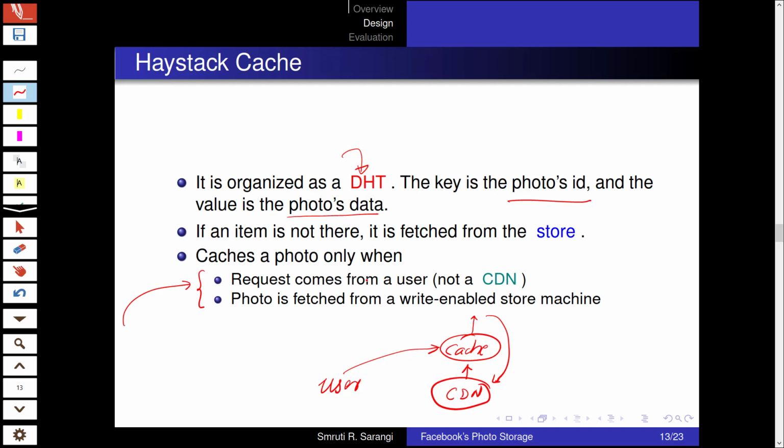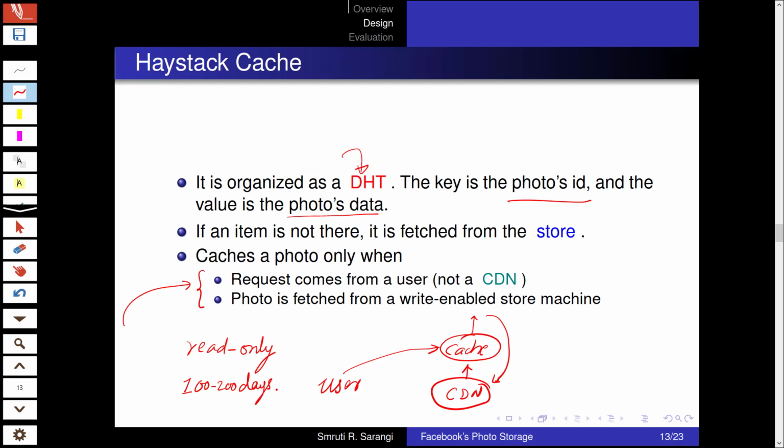The second is that it does not cache photos for read-only logical volumes. The reason is that a volume becomes read-only after a certain time, roughly, let's say, after 100 to 200 days.